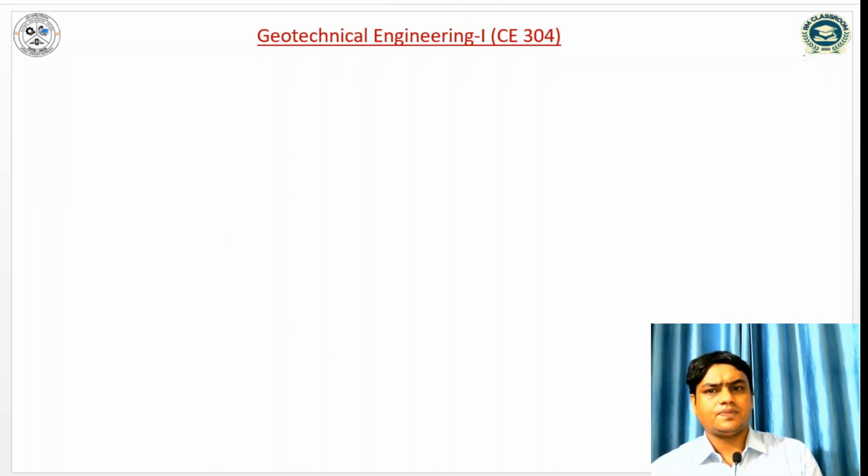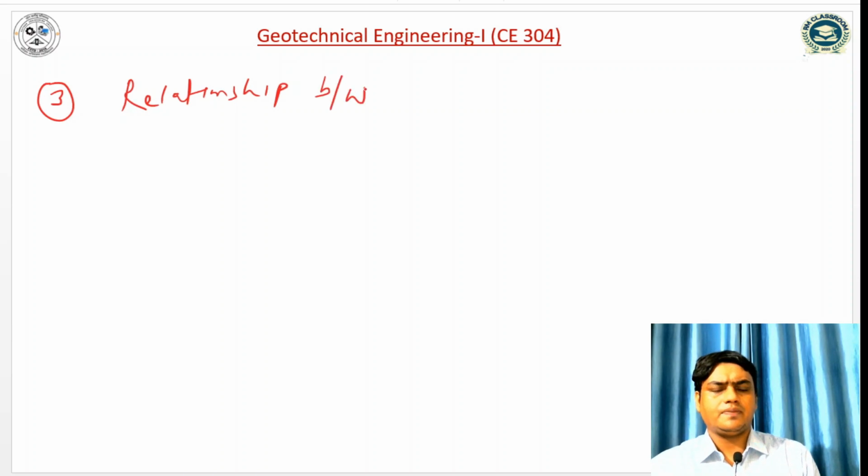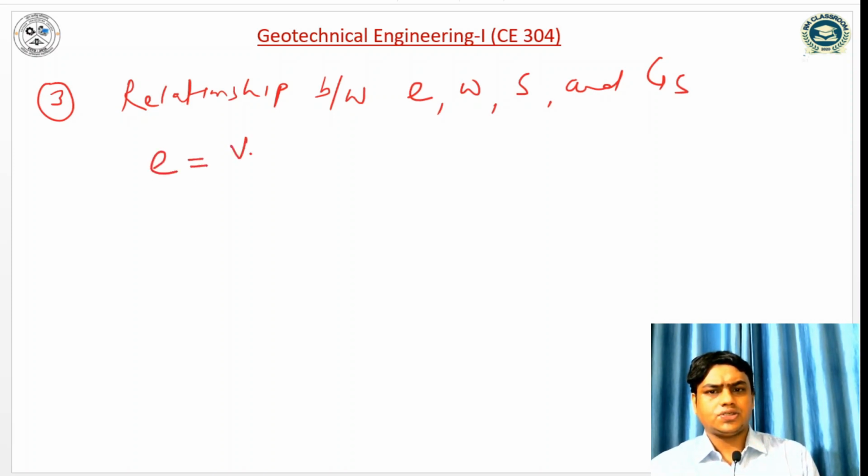Third relationship, that is the relationship between void ratio, water content, degree of saturation, and specific gravity of solid. So we know that void ratio is equal to volume of void by volume of solid,